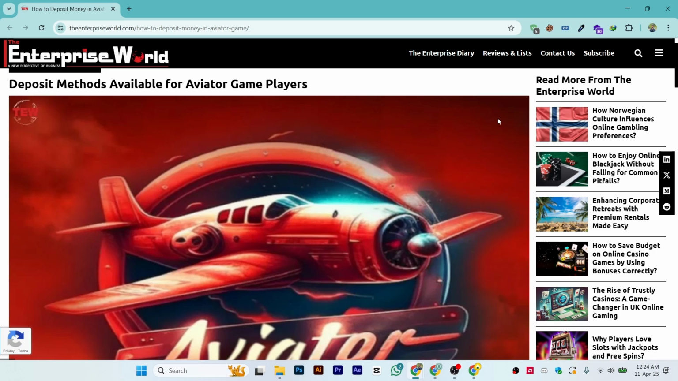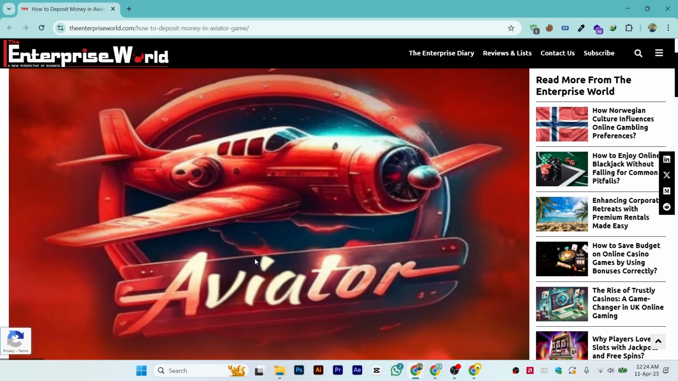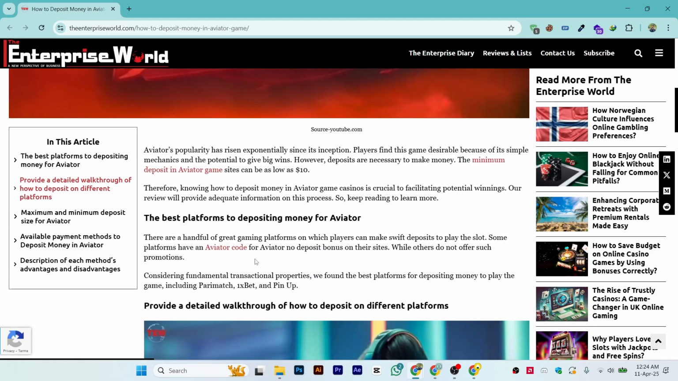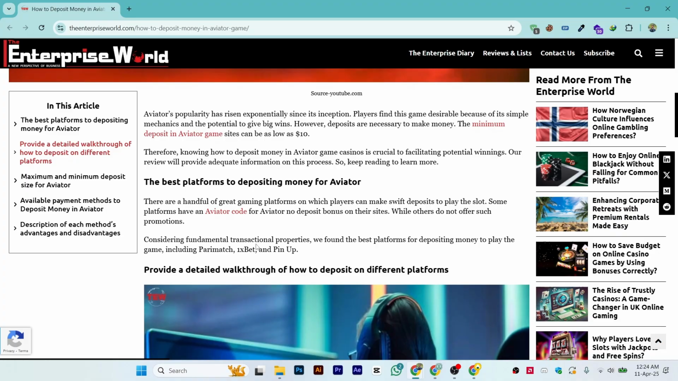Hi guys, in this video I'll show you how to deposit money in the Aviator Predictor app. There are multiple methods you can use to deposit the money. The first one is, as you can read, the best platforms to deposit. There are multiple platforms on which you can deposit money, and talking about the first one, here is